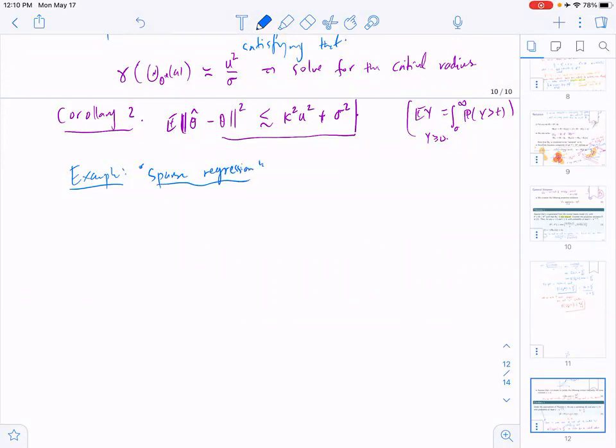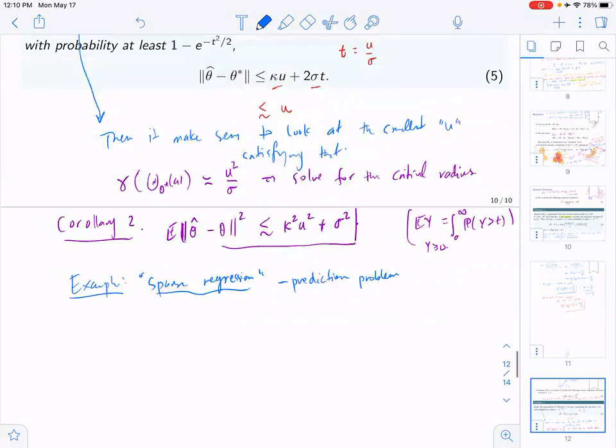You can view it as an instance of this, but for the prediction problem, not the recovery of the beta. I mentioned there are 3 versions of the regression problem. One is recovering the parameters, which we did, like the L2 distance. The other is the prediction problem, which is actually